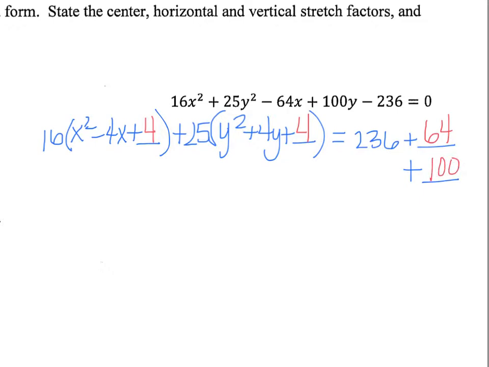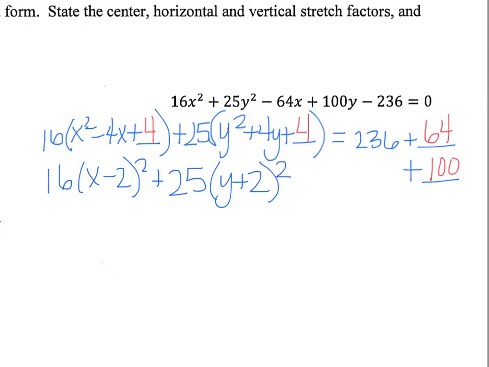Now, we need to factor this and factor that and collect like terms. Now my equation becomes 16 times x minus 2 squared plus 25 times y plus 2 squared equals 400. Your last step is to make this side equal to 1. To make that equal to 1, we have to divide 400 by 400, which means I also have to divide this part by 400 and that part by 400. If I divide all three by 400,